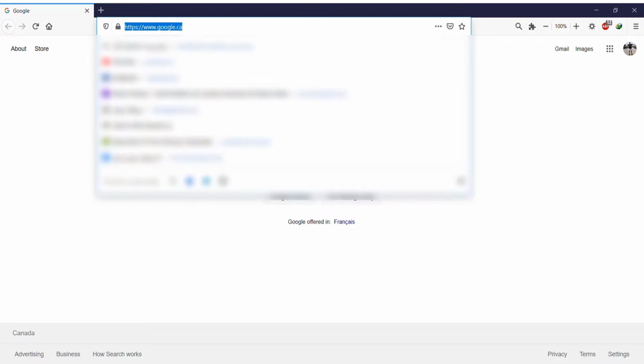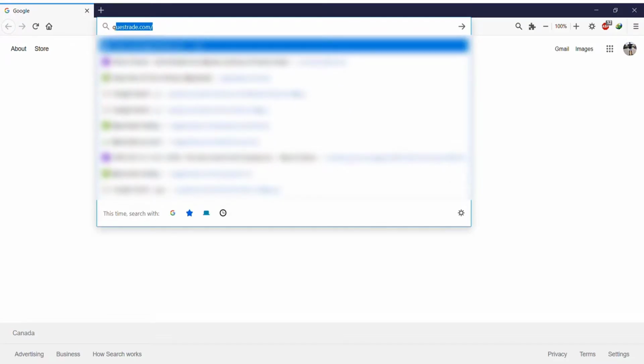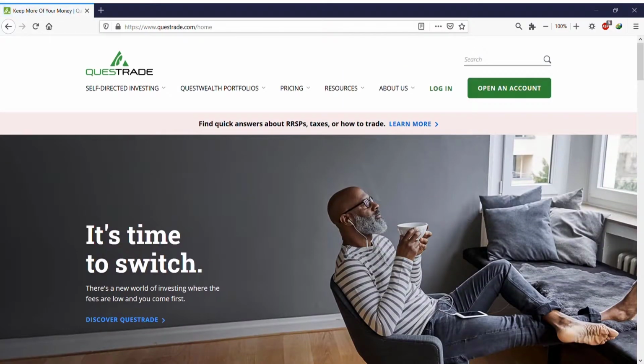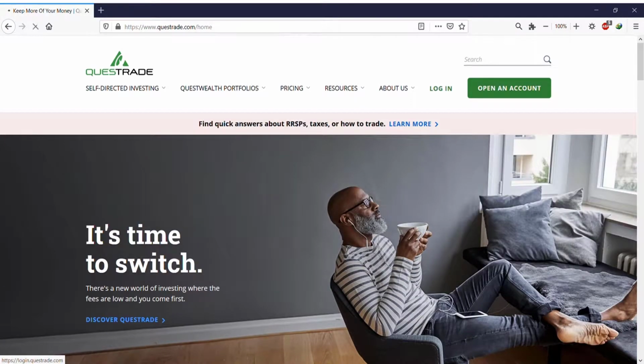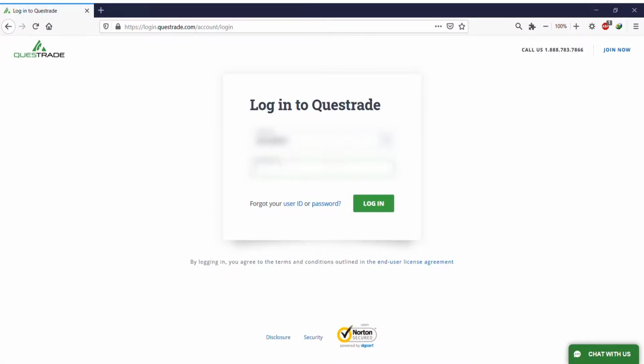Okay, so I think this section is one of the most important sections of the video. I'm going to go to Questrade directly and show you live how you can put large or small orders. Just because I already had it in my history, I don't need to memorize the website, but as you can see, it's https://www.questrade.com. Okay, so what I'm going to do is click on login because I already have an account. Then I'm going to